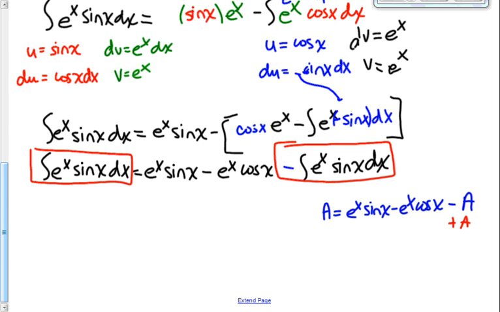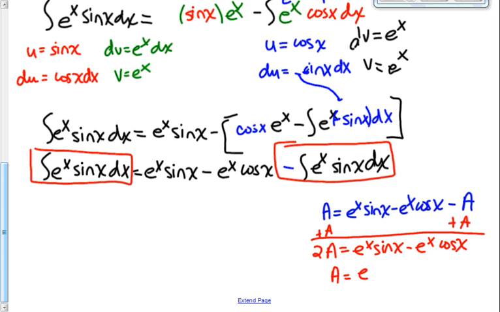I would add a to both sides, and that would give me 2a is equal to e to the x sine of x minus e to the x cosine of x, and then to get a all the way by itself, I would divide everything by 2. So that would be e to the x sine of x minus e to the x cosine of x all over 2. That's exactly what we are about to do, except instead of the letter a, we have the integral